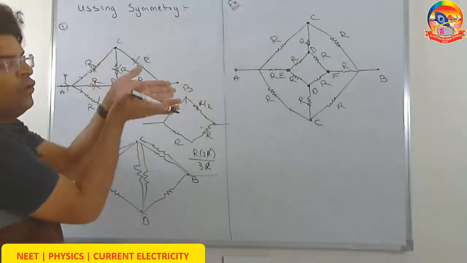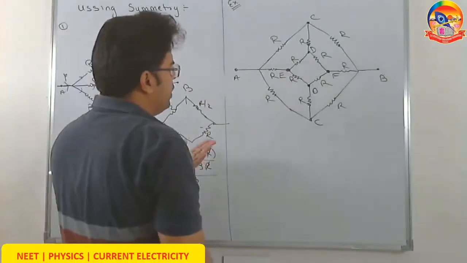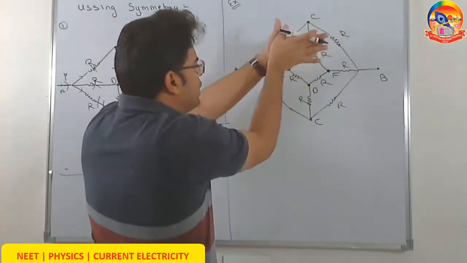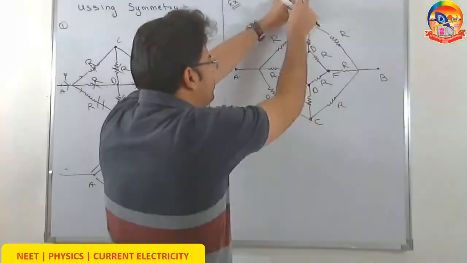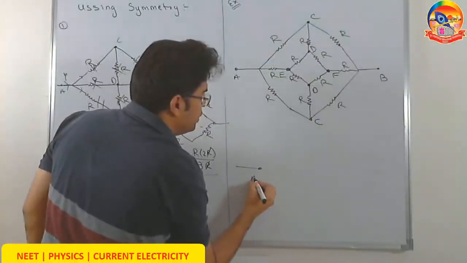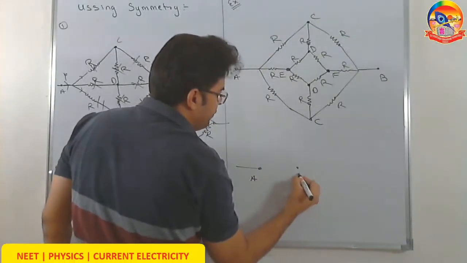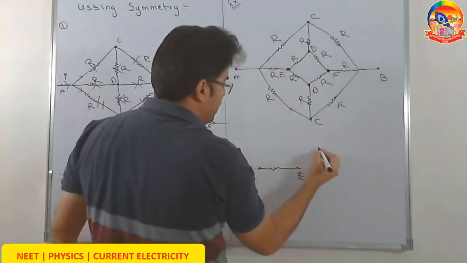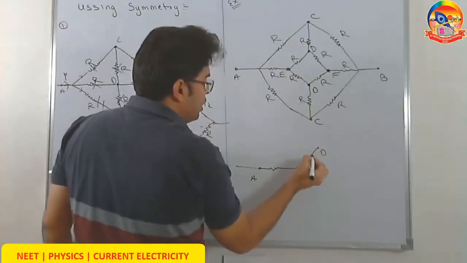So this is called folding the circuit. What I am going to use in this one is that I am going to fold the circuit. So when I fold it, I join C to C and D to D. So the new circuit will look like something. This is A, this is some point E. Between A and E, there is only one. After folding, it doesn't get double, but between E and D, you will get a double.